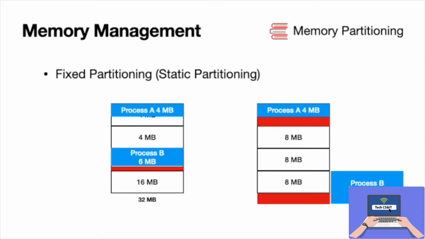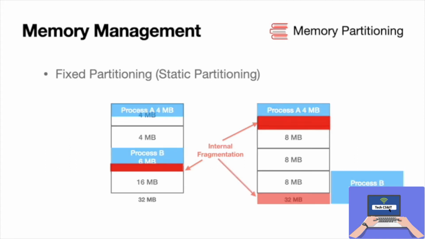Notice that there is some space available in both the partitioning schemes which cannot be allocated to any process if we need it. Remember, spanning is not allowed here. So if more and more processes come in, we will have more wasted space that cannot be used by other processes. This non-usable space is known as internal fragmentation, as in the case of static partitioning.